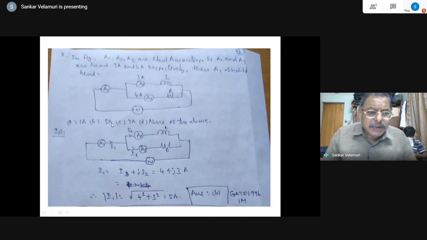Now these two are being eliminated because it is not the arithmetic. 7 is the arithmetic sum, which is not correct. And the difference of the currents, because it is only the same source, and the current division rule says I is equal to I1 plus I2. It is a phasor sum, not the arithmetic sum. That is clear now, because this is an AC circuit and the components are R and L. It is not that both are the same resistive elements. So if both are resistive elements and the same source, then it is definitely the algebraic sum is the same as the arithmetic sum. But this is now the phasor sum. Now you have to differentiate between the arithmetic sum, algebraic sum, and phasor sum of the quantities, because it is an AC circuit.